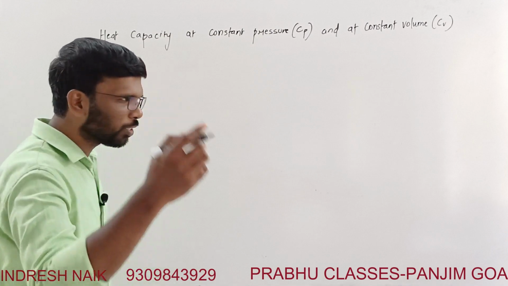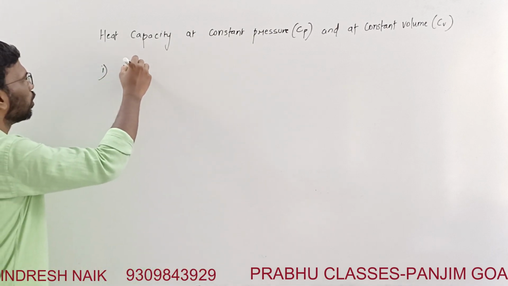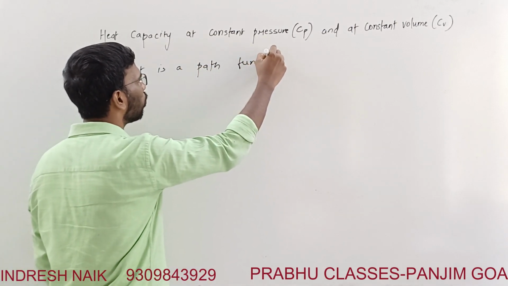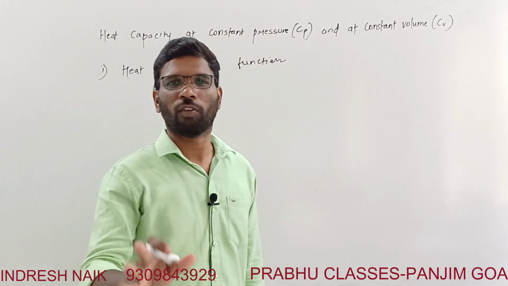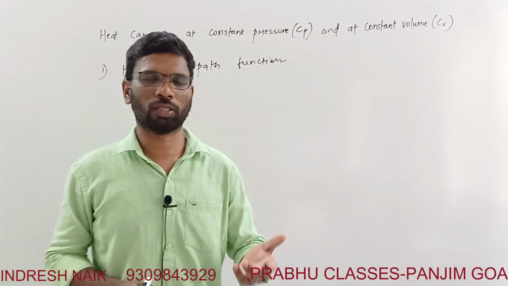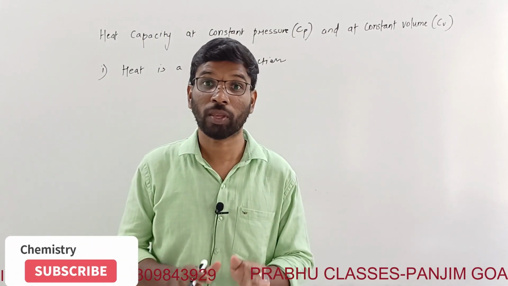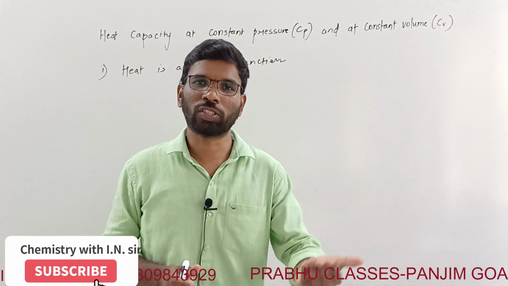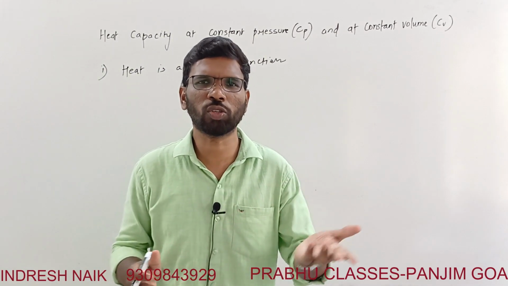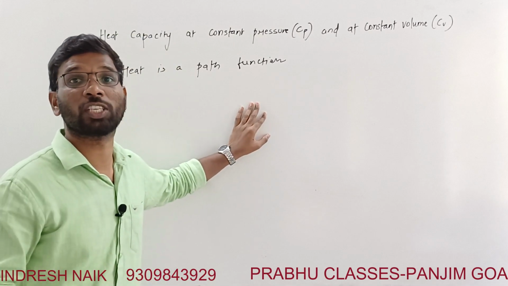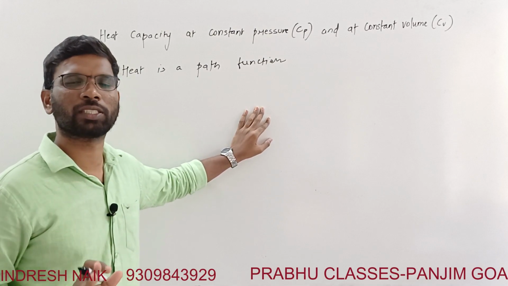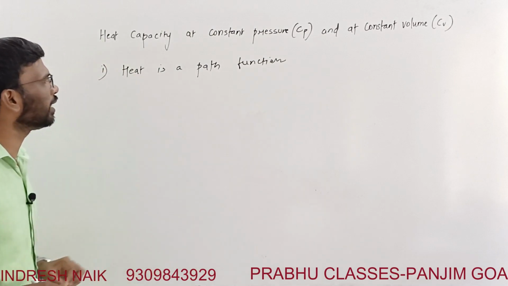So heat is what? First thing, we know that heat is a path function. Path function means the value of which will depend upon the path, how you supply the heat, whether you are supplying heat at a constant temperature or at a constant pressure or at a constant volume. When you supply heat at a constant pressure and when you supply heat at a constant volume, both the values will be different, right? So we also know that when heat is supplied at a constant pressure, it is called the enthalpy change, right? When heat is supplied at a constant volume, it is called the internal energy change. So since heat is a path function,